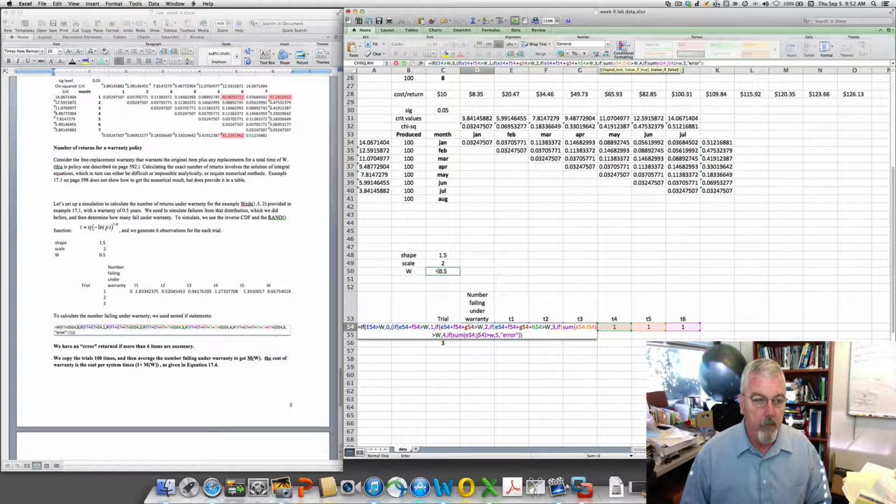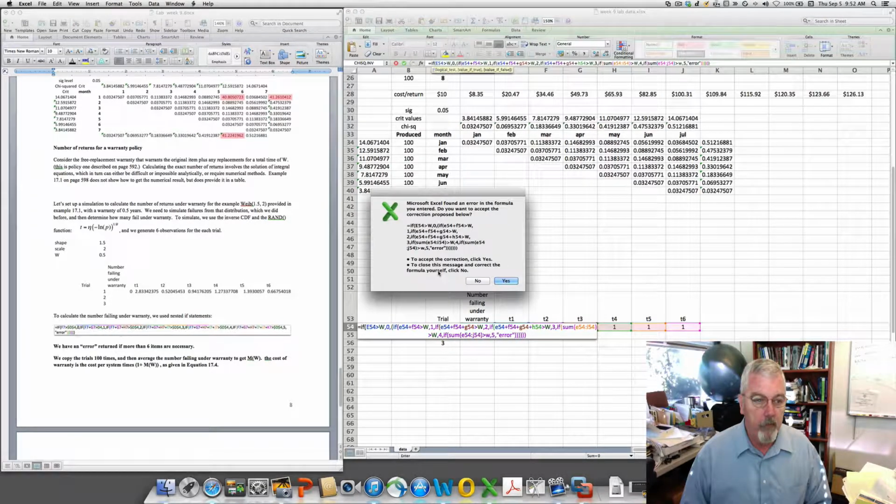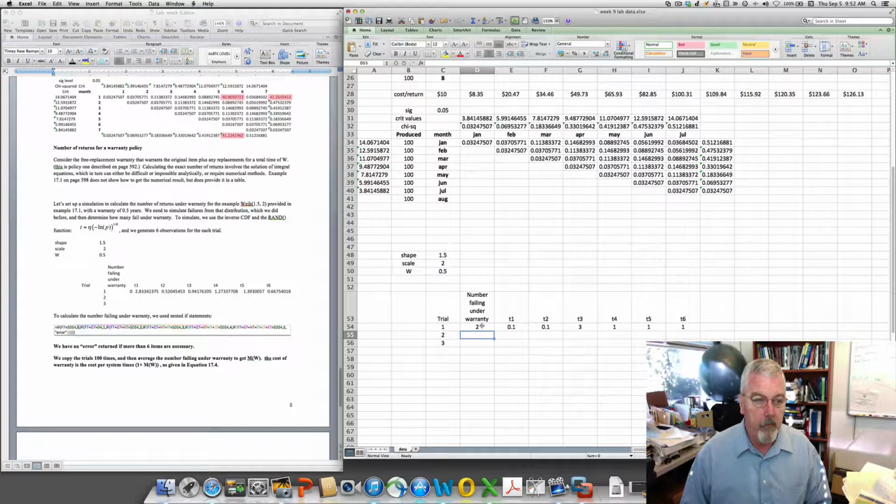Okay, now I got to put some parentheses back in here. I think that's the right number of parentheses. One more, okay. Alright, so now my formula says 2 failed under warranty. Again, you can see it's written out here, a general idea if you want to follow that. But let's just test it. If I make this a 0.1, it says 3 failed under warranty. If I make this a 0.1, 4 failed. If I make this a 0.1, 5 failed. And if I had all 6 phones under warranty,